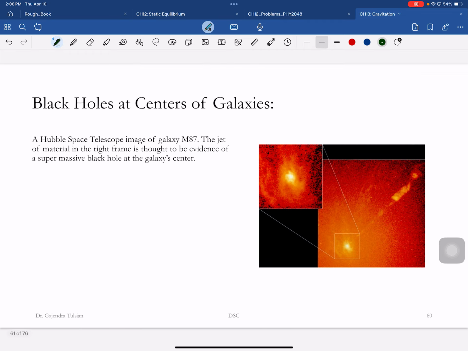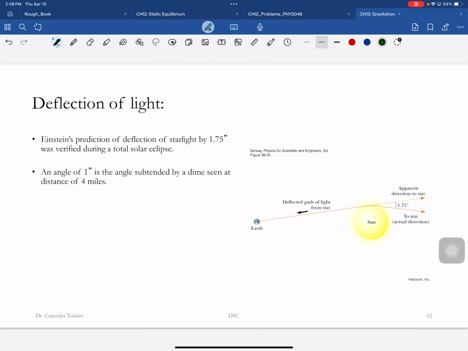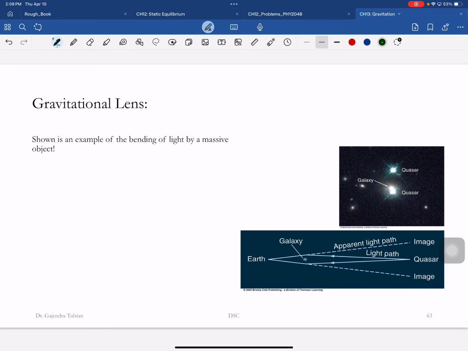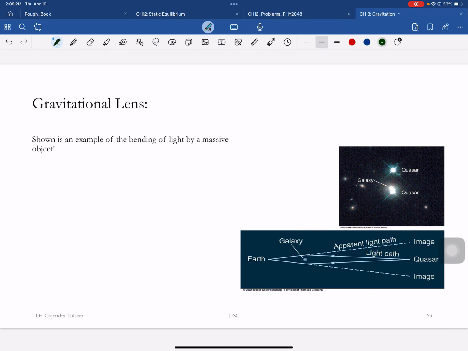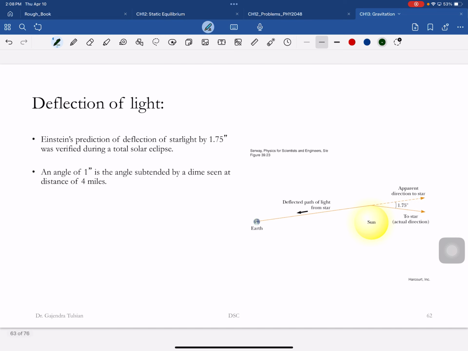Okay, here's a pretty picture. Not a pretty picture, it's a nice, okay. All right, so